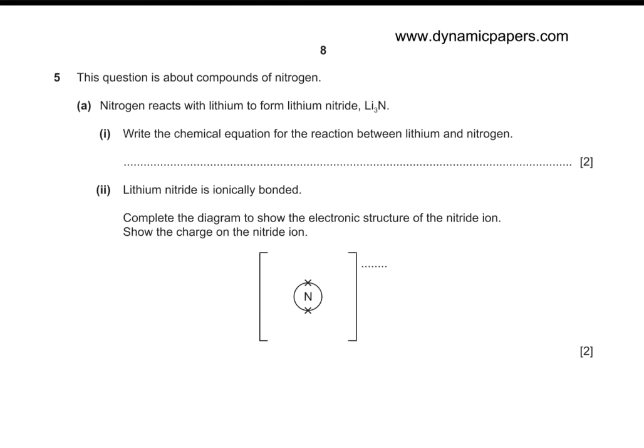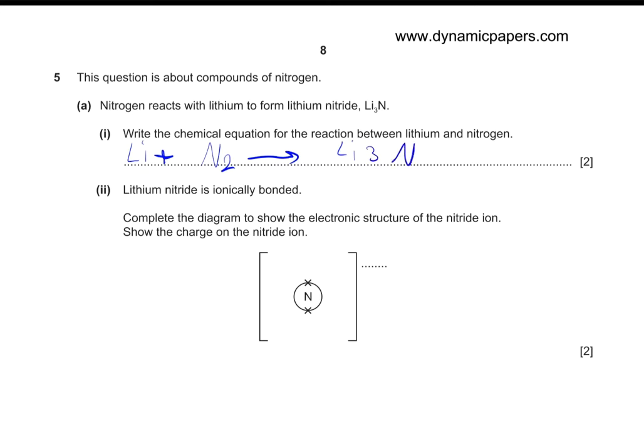This question is about compounds of nitrogen. Nitrogen reacts with lithium to form lithium nitride, Li3N. Write the chemical equation for the reaction between lithium and nitrogen. So we have here lithium plus N2, because again, nitrogen is one of the elements that exist as a diatomic molecule. Then the product would be